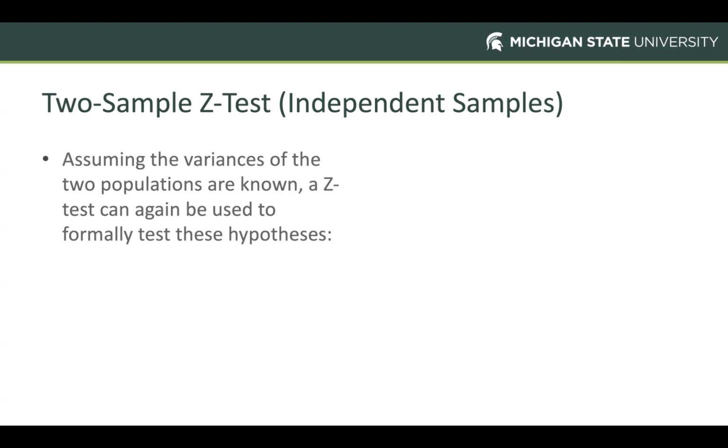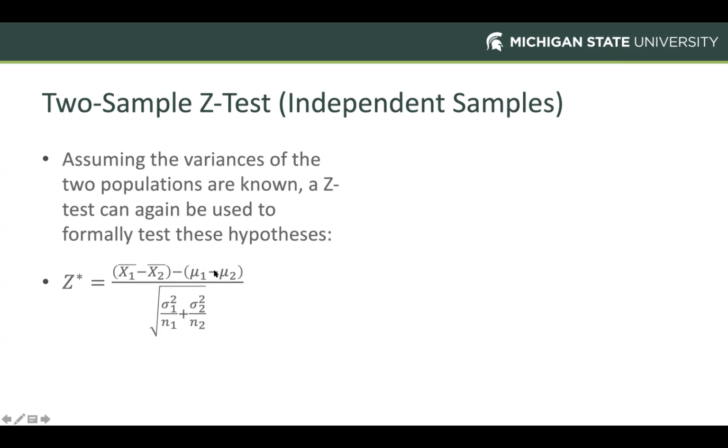But if we did know what the actual variances were, we would test them with this test statistic we see right here, okay? And so what we're doing basically is we're setting up the z-test so that we're comparing the difference between those respective sample means. So we can take the mean number of fatalities before the helmet law change, subtract off the mean number of fatalities after the helmet law change. And we're assessing whether or not that difference between those sample statistics is different than some arbitrary difference in those